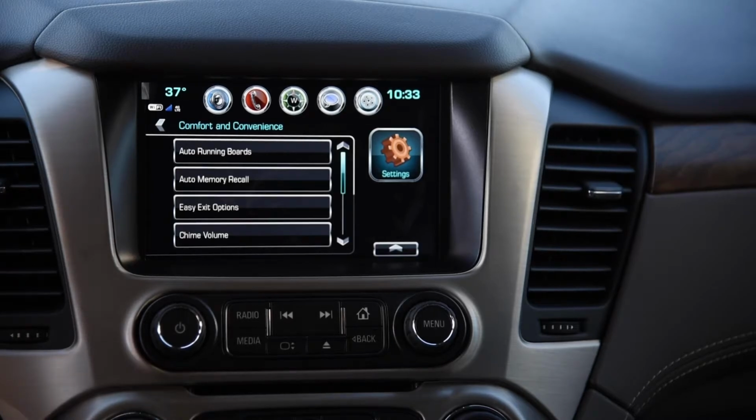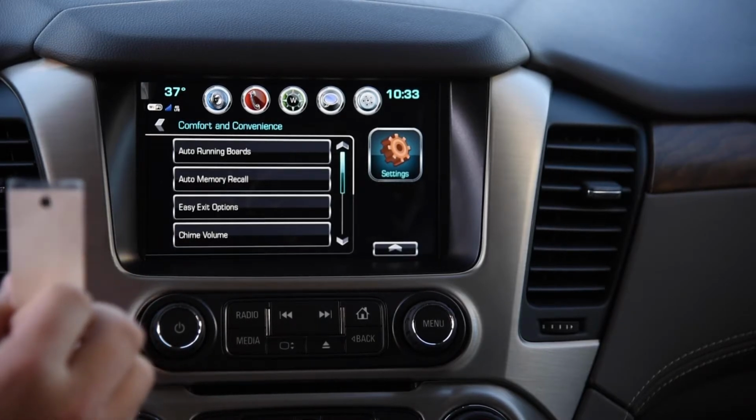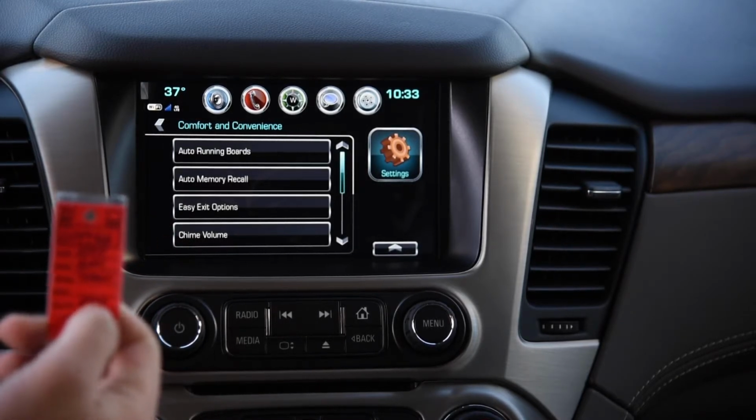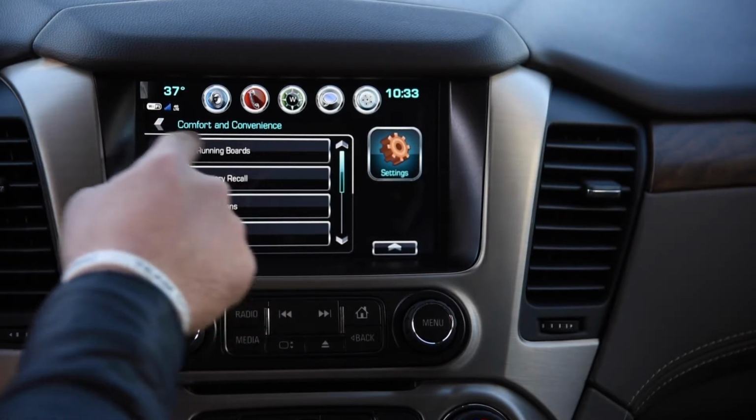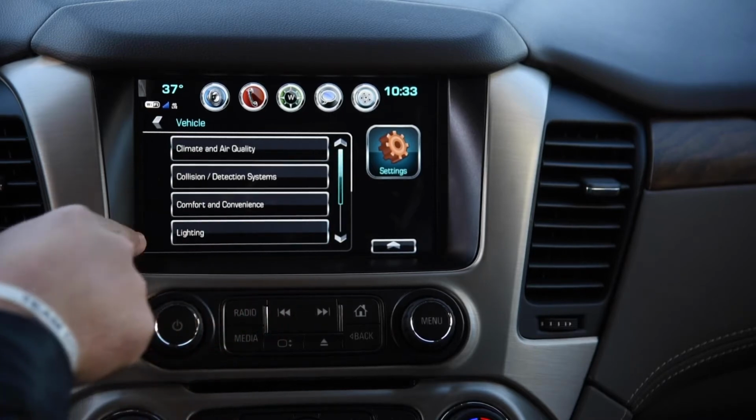Now be sure that your key is set for whatever setting you want to. So driver 1 key to the 1 setting and driver 2 key to the driver 2 setting, otherwise it won't remember that exact position. So to turn off the vibrating seat, you'll go down, you'll see vehicle, you'll go down